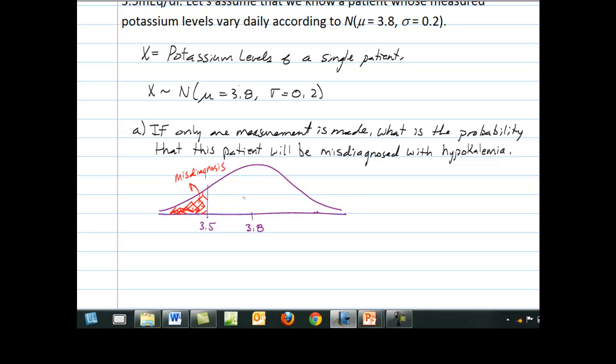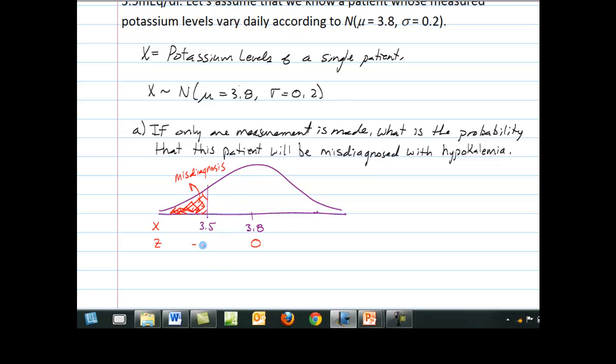We want to figure out what's going on with these values of x, so I want to standardize them. When you standardize, the mean becomes 0. Then I want to figure out how far this is in terms of standard deviations below the mean. The distance from 3.5 to 3.8 is 0.3. I divide that by 0.2 because that's my number of standard deviations. And because it's below the mean, it's going to be a negative. So this is negative